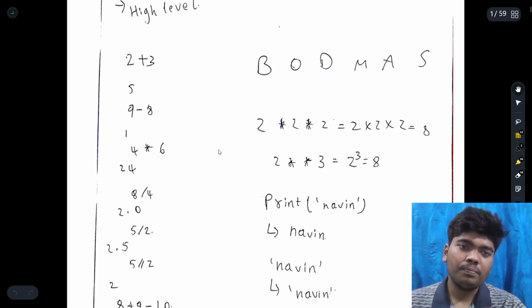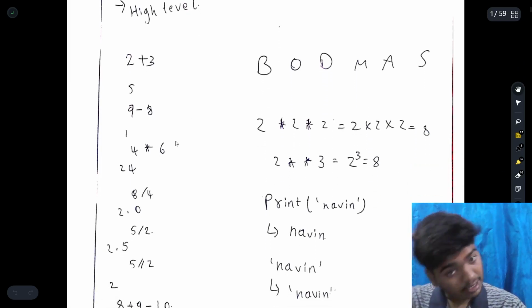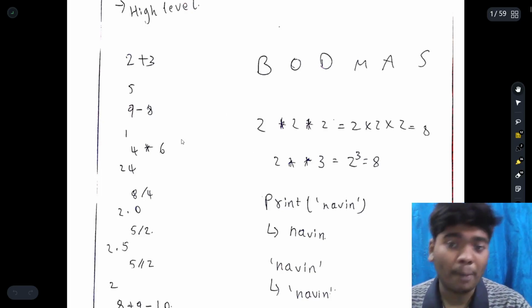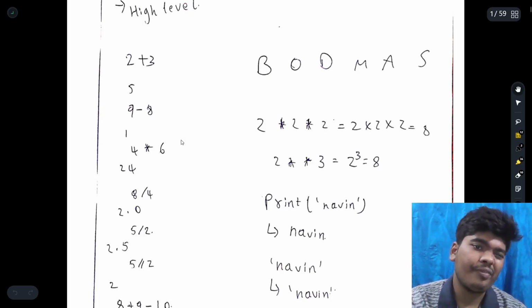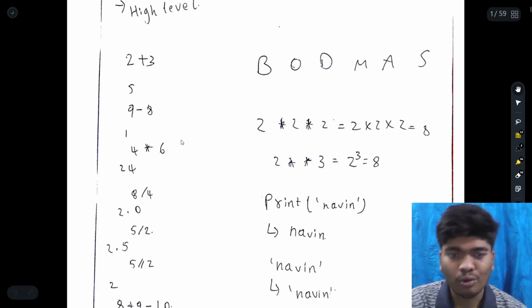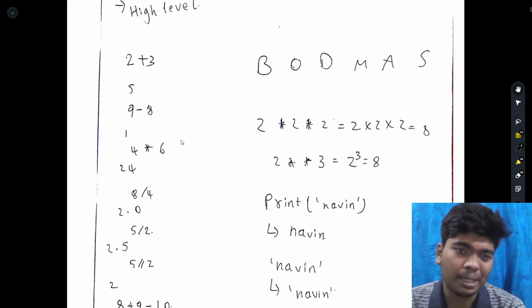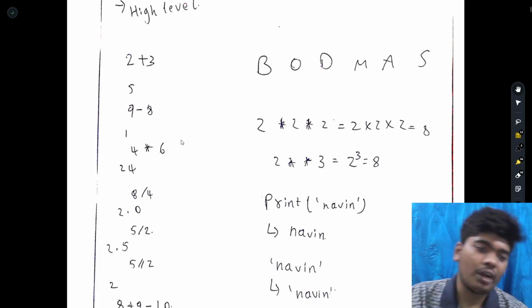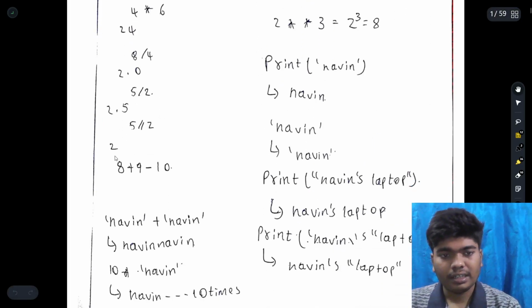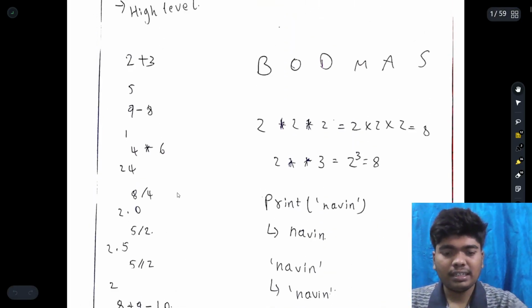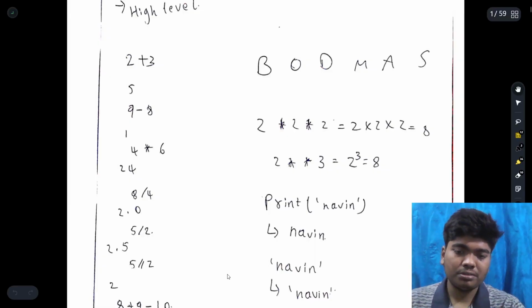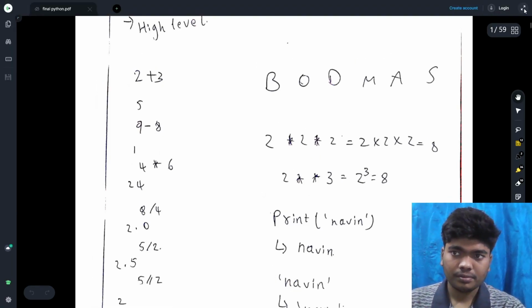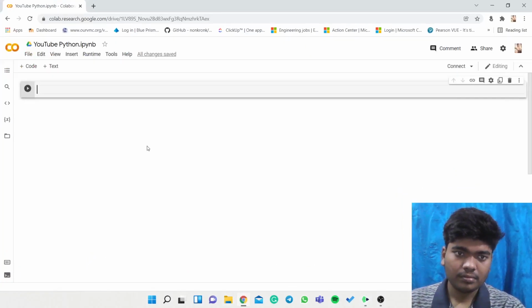Here, these are some of the mathematical operations: 2 plus 3 is 5, 9 minus 8, 4 asterisk 6 which is 4 multiplied by 6, 8 divided by 4, and 5 percent 2, which gives the remainder. These are the basic math operations, so I will show you one of them now.